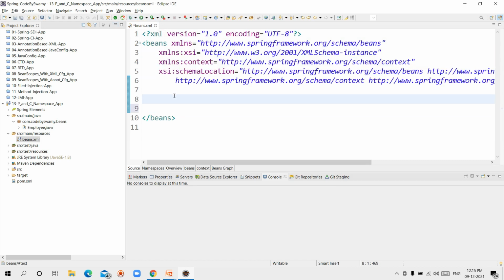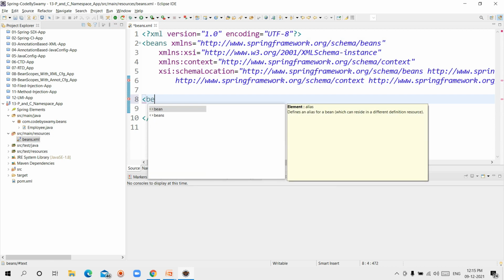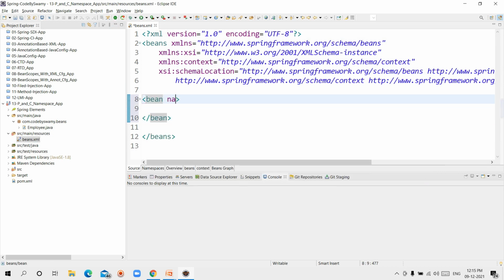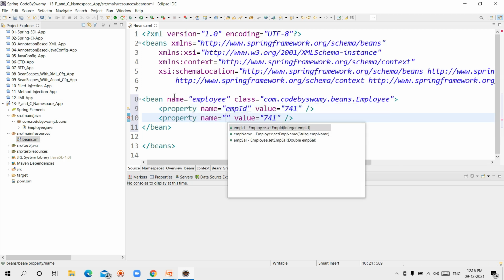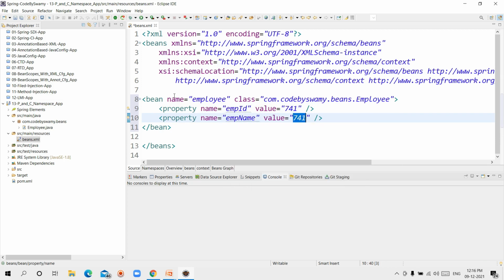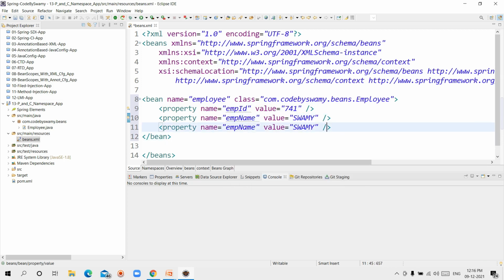In that, I am creating one bean definition. Bean name is equal to employee, class is equal to the fully qualified name of Employee, property name is equal to empId, value is equal to 741. Same for empName, I am giving the value Swami, as well as empSalary, I am giving some salary like 56,000.